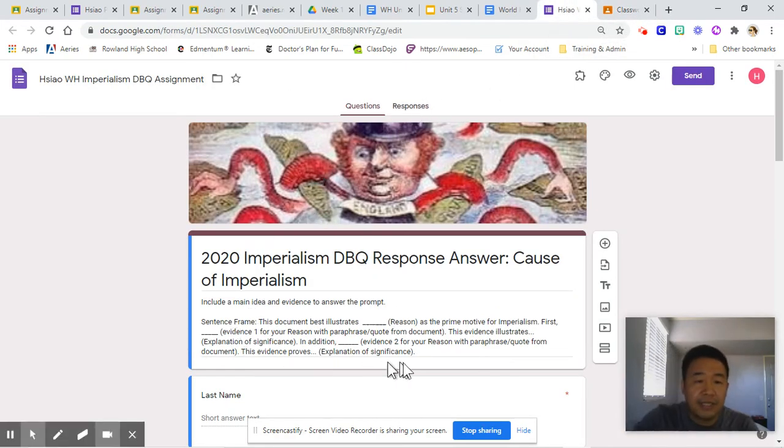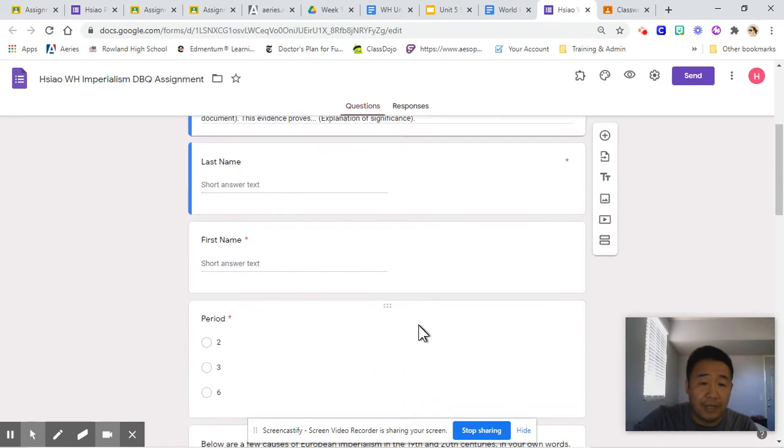Here is the sentence frame that you're expected to use. Read through that carefully. You're going to use this sentence frame and put in reason and evidence to help explain what you're supposed to be answering. The question is asking what motive or reason in this document explains what caused imperialism. The first part is going to be looking at